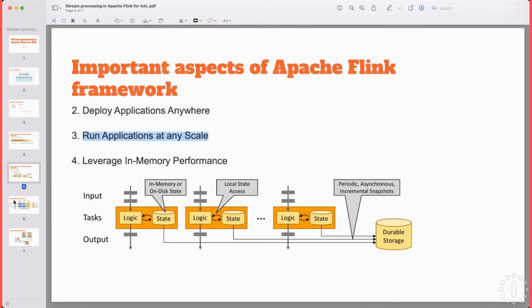Therefore, Apache Flink allows us to store this kind of information in a state, and that state can actually be a local state, in-memory state, or on-disk state. And also, as we previously discussed, we can save this state periodically, with the concept of checkpoints and snapshots, in some kind of durable storage. That durable storage can be an S3 bucket, can be a RocksDB database, etc. So this is actually what makes Apache Flink one of the fastest libraries